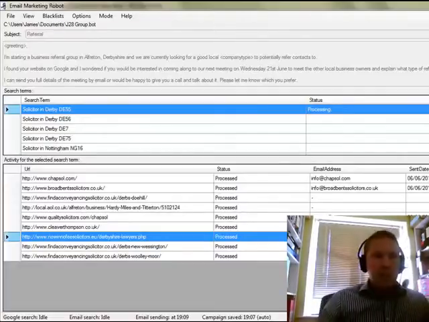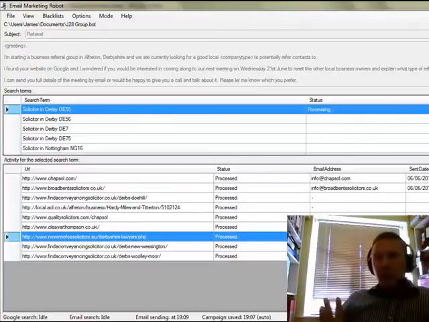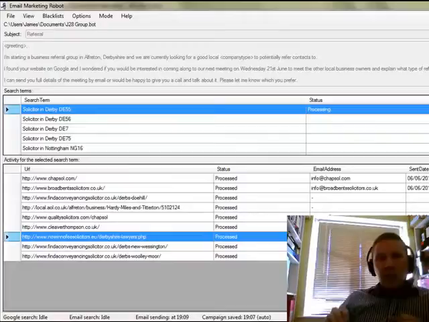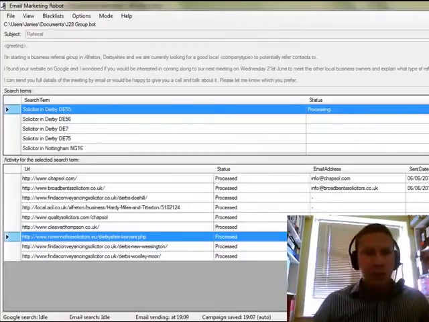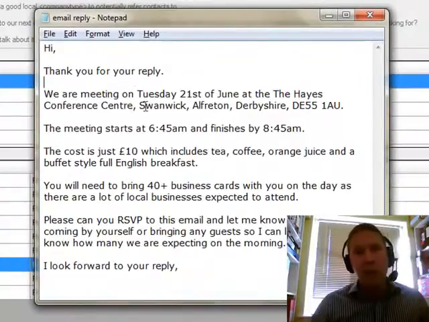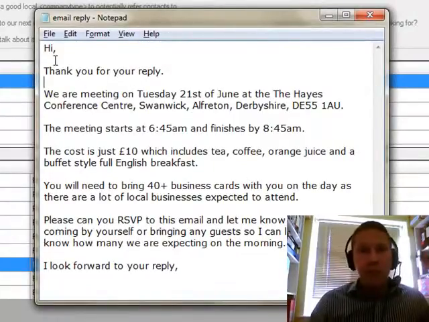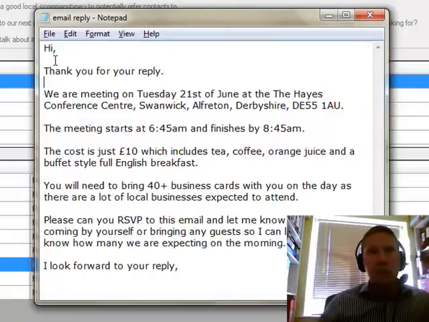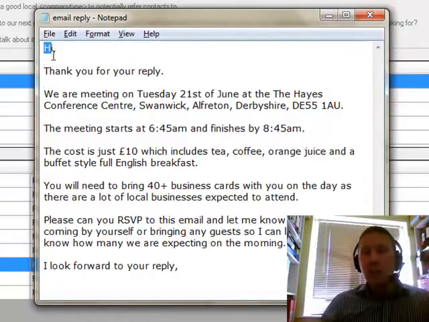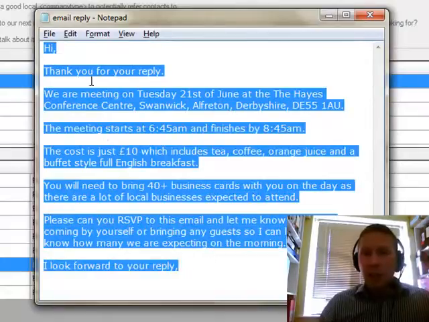So you don't need to monitor the software. You can just leave it running and get on with your day. All you need to do then is check the emails, say once a day, and you can use the email reply to reply back to them. So say for example somebody's emailed and they said, yes, I'm interested in the meeting, please email me more details. You can then simply copy and paste your reply email,